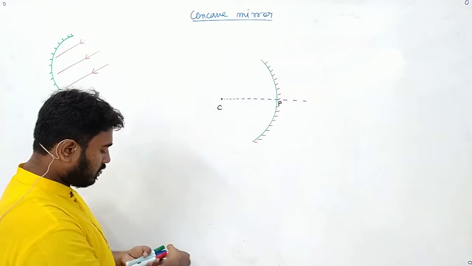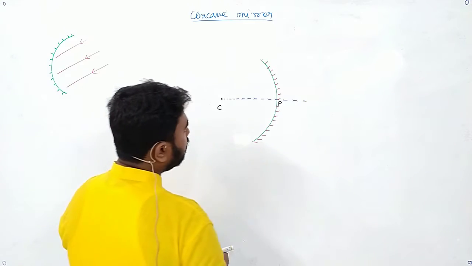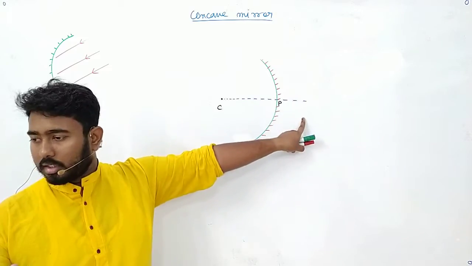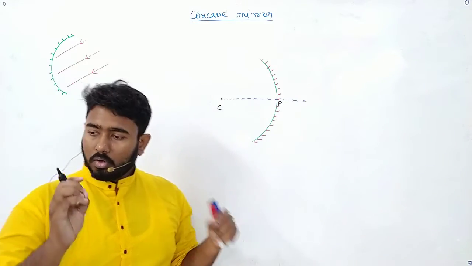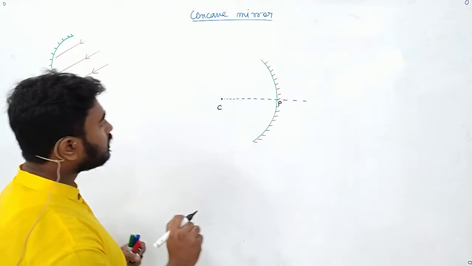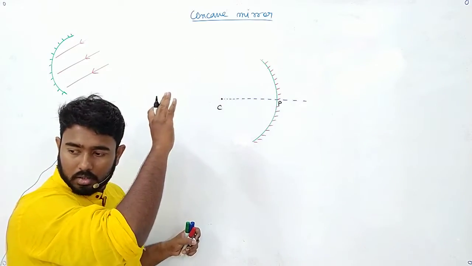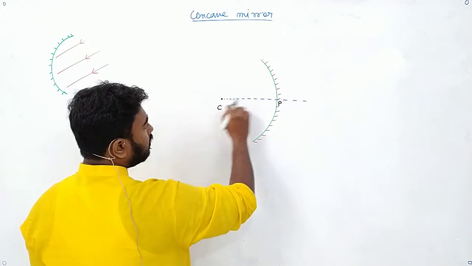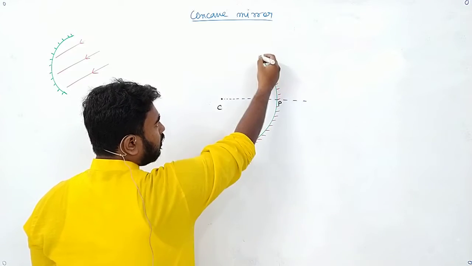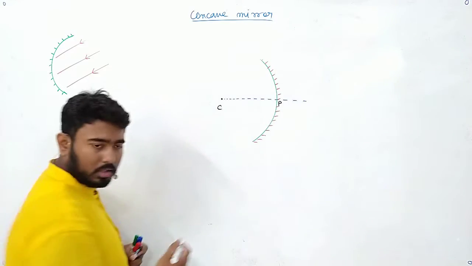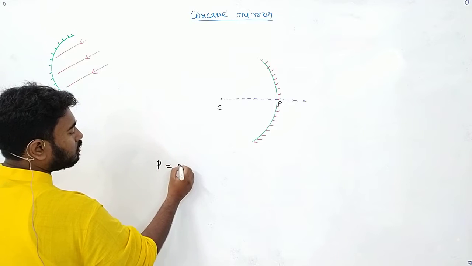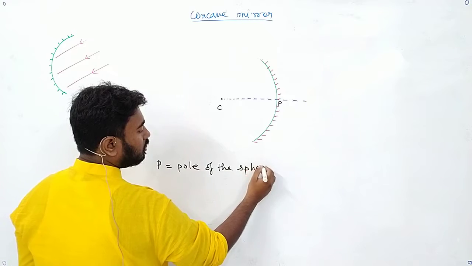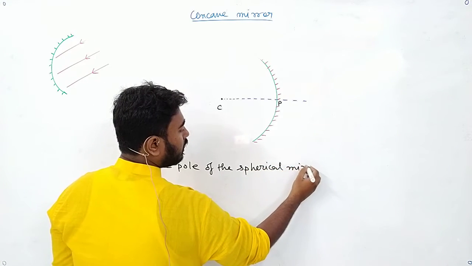Now in this mirror, the imaginary line, what we will say that, we will go into this a little bit later, but slowly we will get into the topic. Okay, first thing is that this was part of a sphere. We took out a small part of a sphere, and the point midway of the whole reflecting surface is P. This P is known as the pole of the spherical mirror. Is the idea clear?